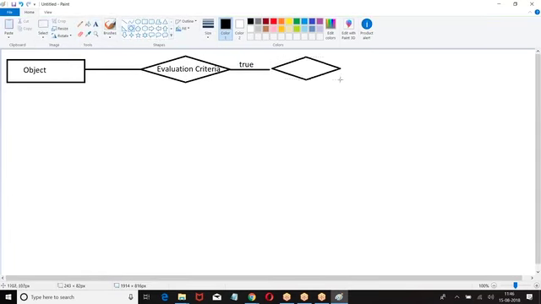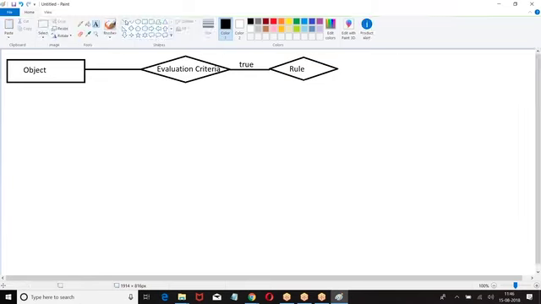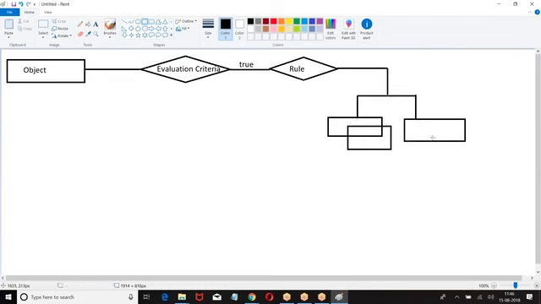Check the rule. If the rule is true, perform the action. If the rule is true, perform the action. Right.